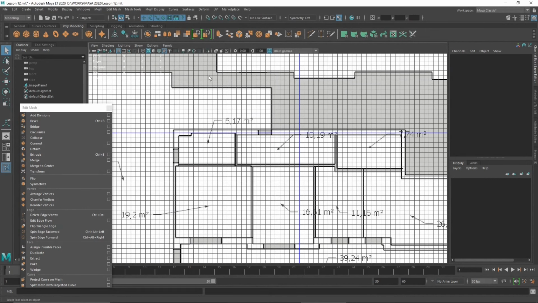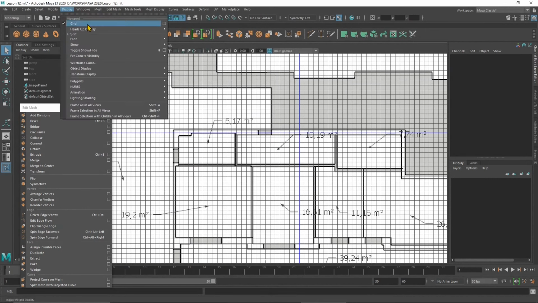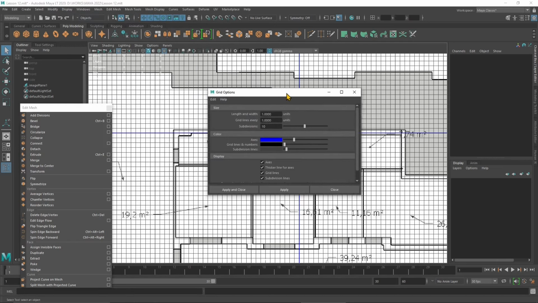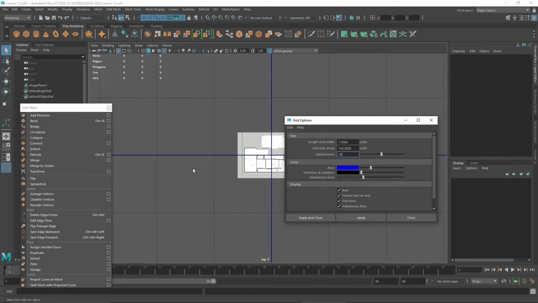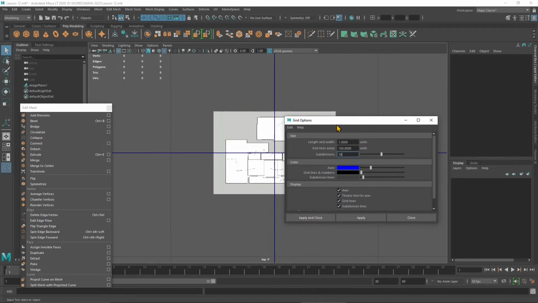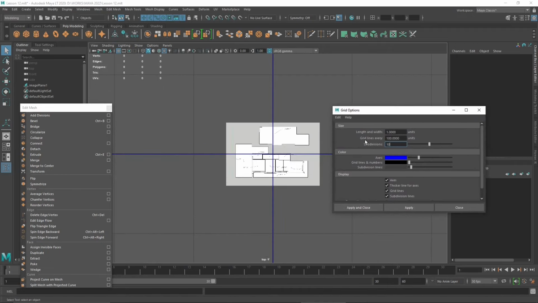But in this case, let's go straight to action. One last thing in the display, I'm going to set up the grid a little bit better. I have here 1 unit, so it's 1 centimeter, and I'm going to set one grid line every 100 centimeters, so it's going to be 1 line each meter,